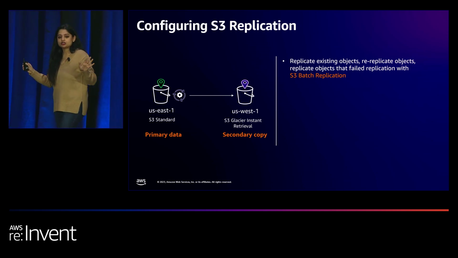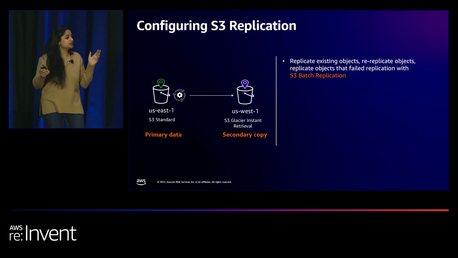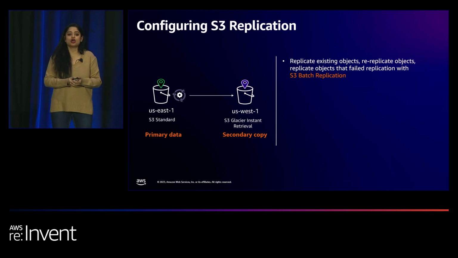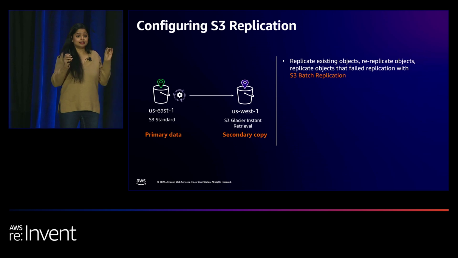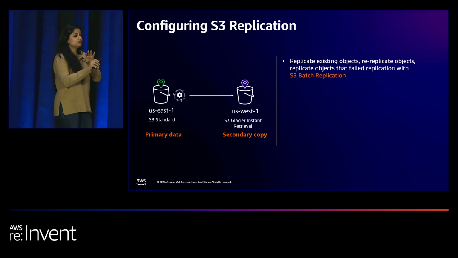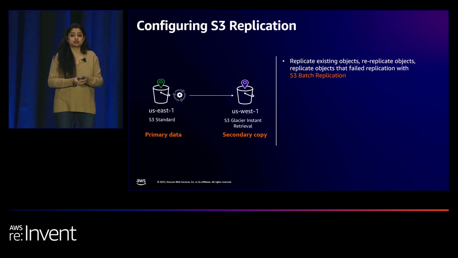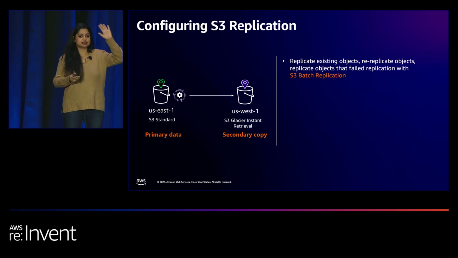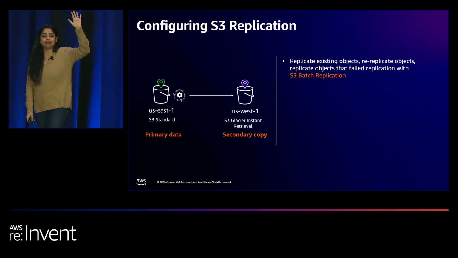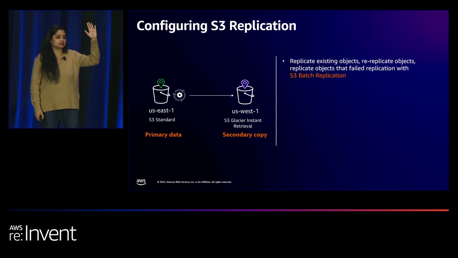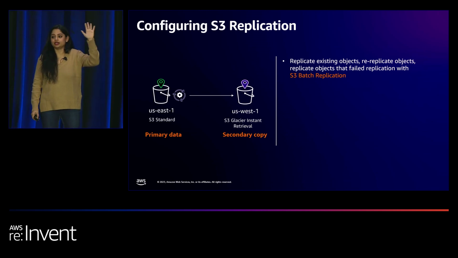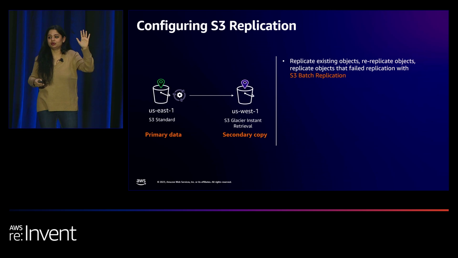Here, I'd like to pause and address a very common question that we get from our customers, which is, in the rare case of a regional disruption, does S3 replication fail to replicate any objects? Let's see what the room thinks. Let's raise hands for people who think that S3 replication will fail to replicate objects in this case, if we lose any of our buckets by any chance. 1, any more? 2, 3. Okay, we have a very informed audience.